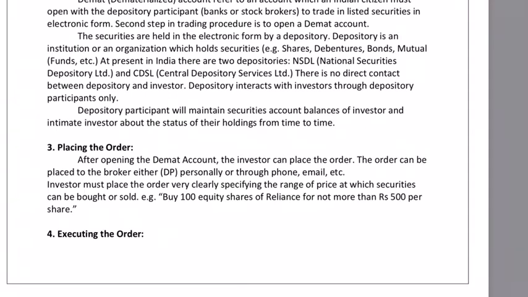However, unlike banks where we can directly open an account, to open an account with a depository, you need to go via somebody. That person is known as a depository participant. So there are various members who are attached to a depository, which is a larger institution, and there are various members of the depository. They are called depository participants. And these depository participants or DPs help the investors. Many a times the broker will act as the DP as well. So mostly the broker will be a DP as well.